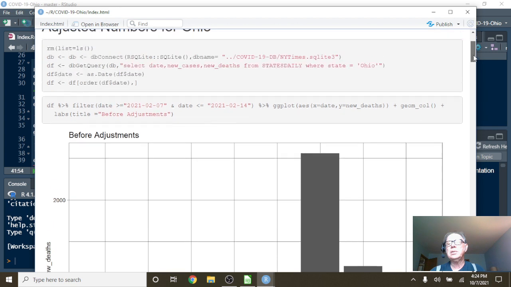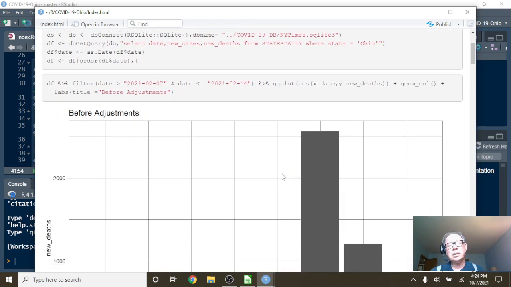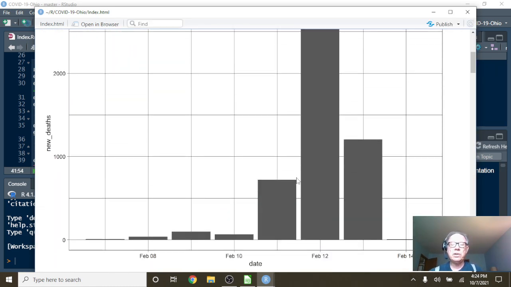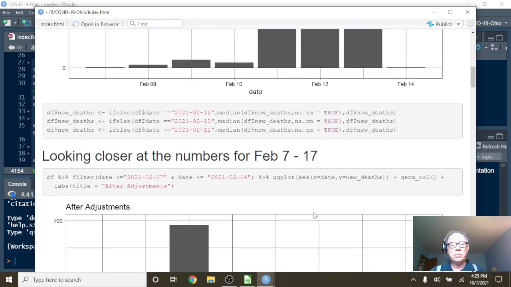The other thing we've got to keep in mind about the governor's office is that in March they went from reporting deaths 7 days a week to 5 days a week, and if that's not enough, it's not always the same 5 days, but they're still counting cases 7 days a week. Interesting, huh? So these are the numbers for February 11th, 12th, and 13th. These include the missing numbers from the fourth quarter of 2020. Now, if we take this and change it to a median number,